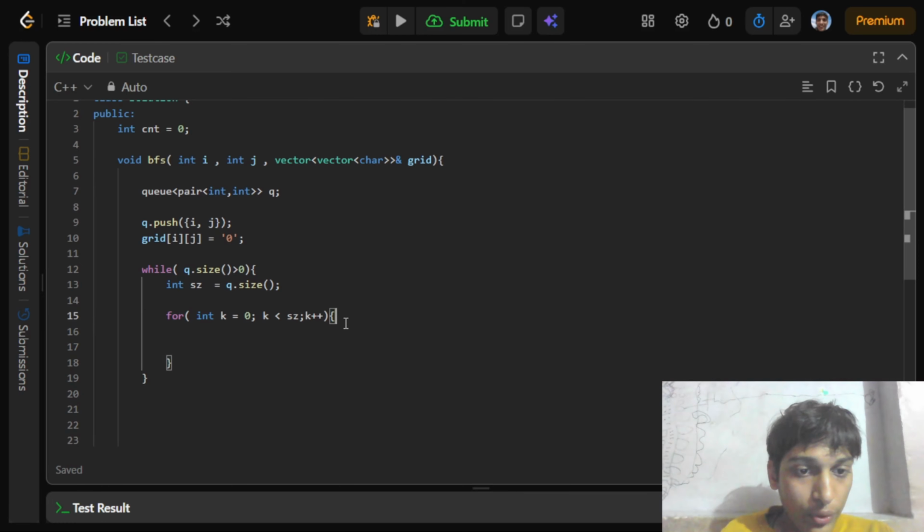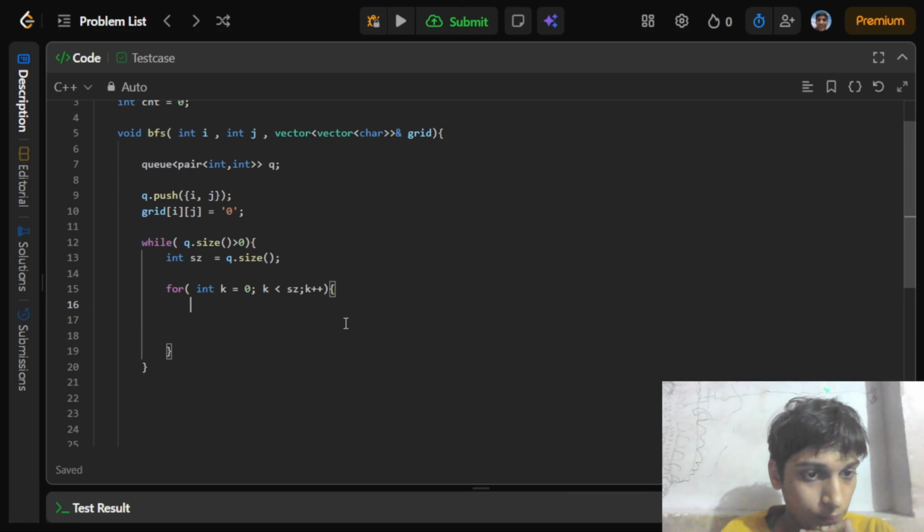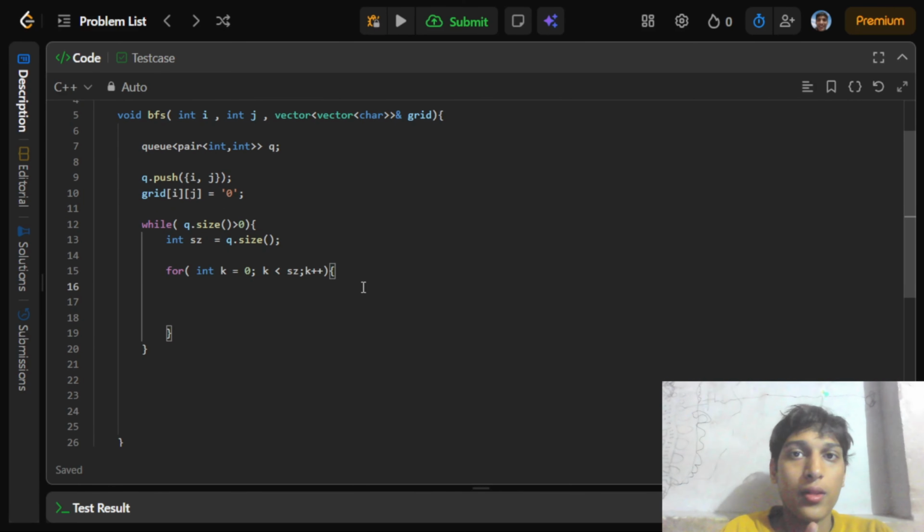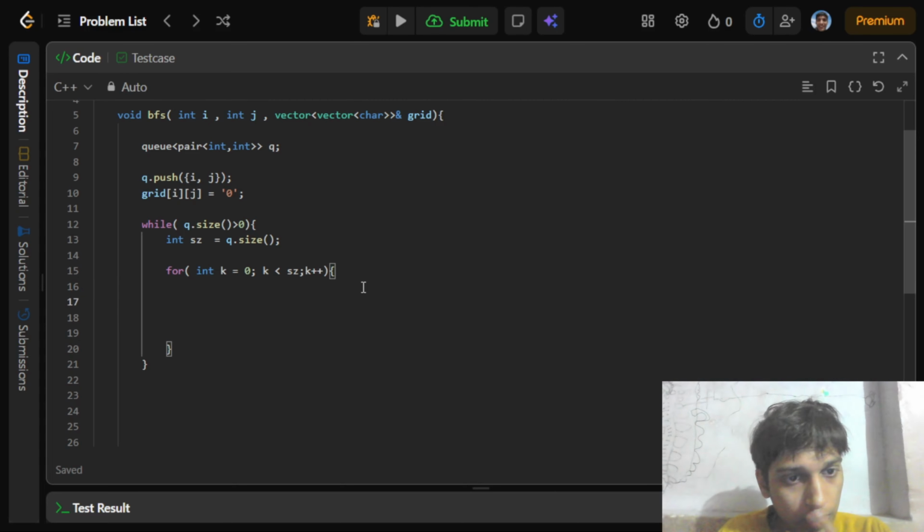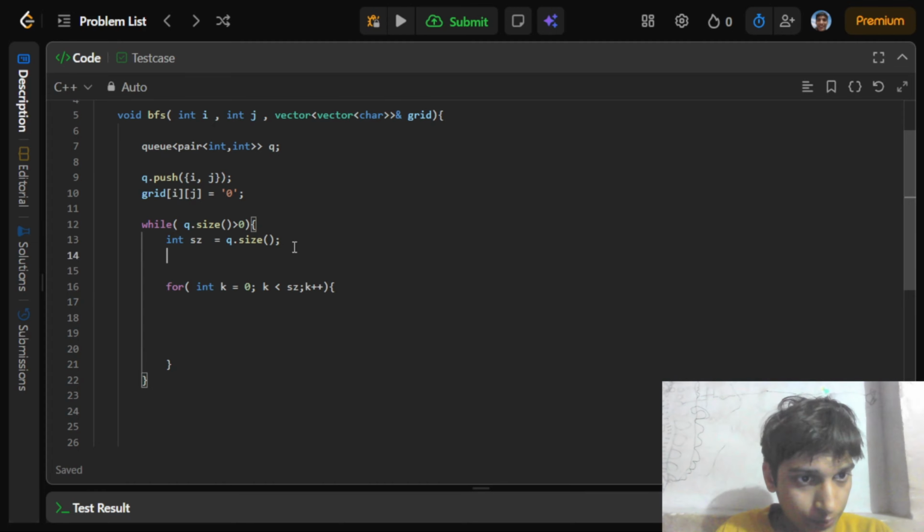Every time, we have an index in q. Then what we do is search it up, search it down, search it left, and search it right. How do we do this? Let's start thinking. First we need to take the first element out of the queue.